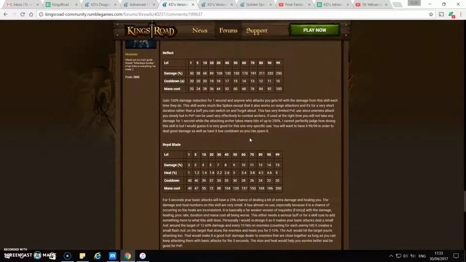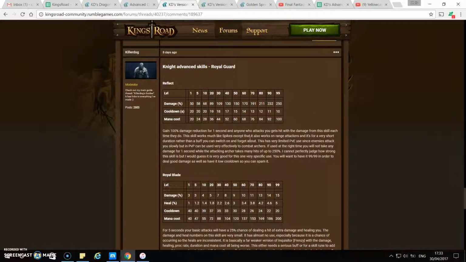The way these two work, well, the first one, it's 100% damage reduction just for 1 second, and anything that attacks you during that time takes a certain amount of damage back. So it'd be 250%, that's 2.5 times what you do with a normal basic attack. Now in PvE, enemies don't attack you that fast, so you'd be kind of lucky if you get one reflection onto them, and trying to time that defense buff to survive something is kind of tricky because it's only for 1 second. So it's not really a PvE skill, but in PvP